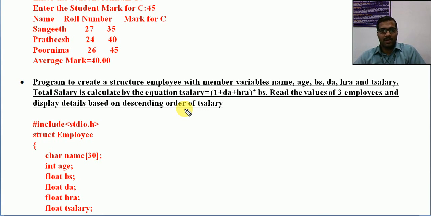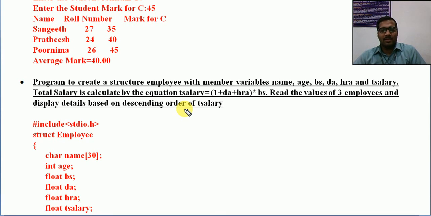That means whatever salaries are available there, 3 employees, 3 salaries, the records are to be sorted. Just remember the different records are to be sorted. That means first row, second row, third row. Now what is to be swapped? First row to be swapped with second row. So the entire record is to be swapped when we are doing this sorting. For the sorting algorithm, we are going to use the same logic as in bubble sort.